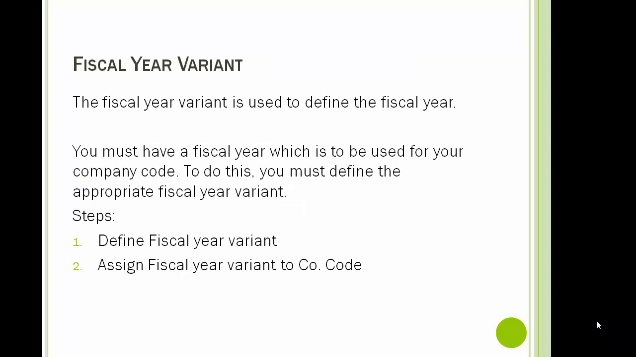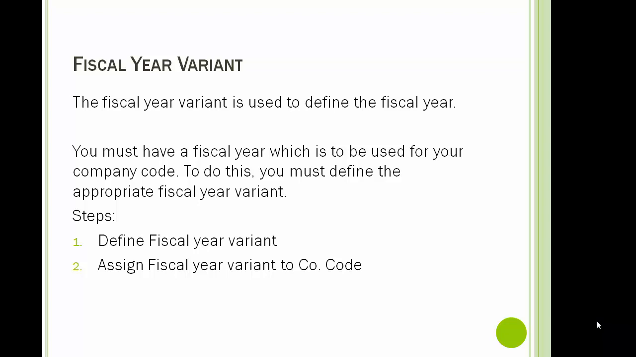Defining the fiscal year variant. The fiscal year variant is used to define the fiscal year. You must have a fiscal year which is to be used for your company code. To do this, you must define the appropriate fiscal year. The steps are, first, to define the fiscal year variant, and then we assign that fiscal year variant to the company code so as to have a linkage between them. Now to elaborate further,